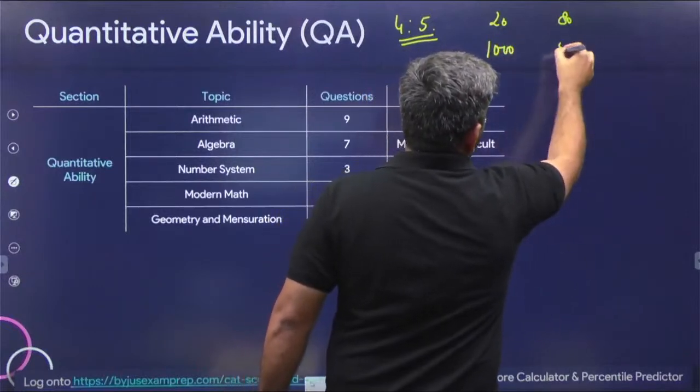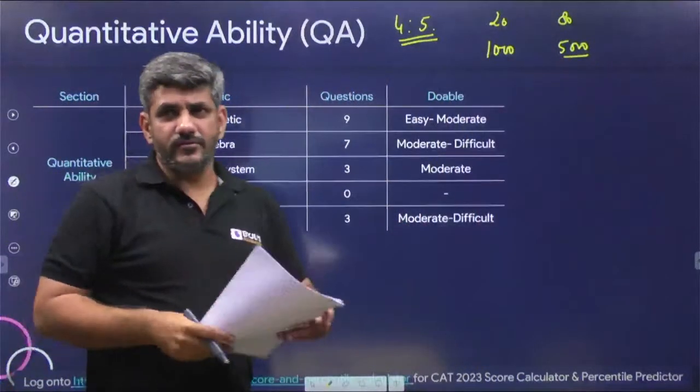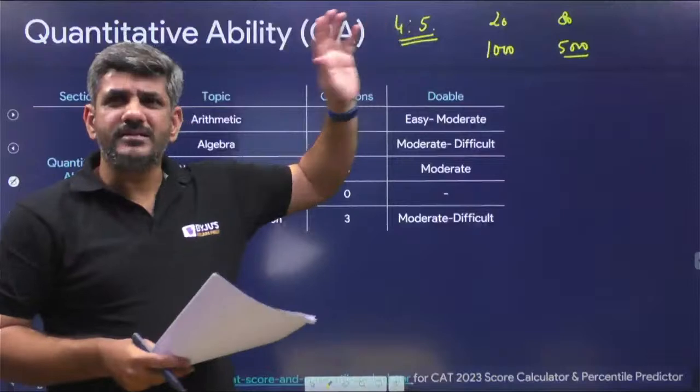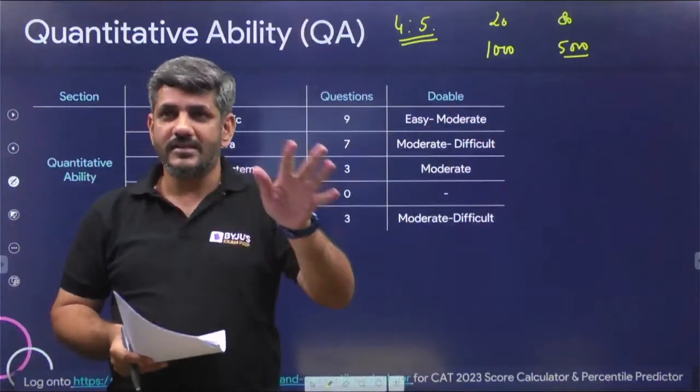So I took 1,000 here and 5,000 here, and when I got the ratio, it gave me 4:5. So vaguely I remember these numbers. Let's forget about LRDI for some time now. I see that some of you are still discussing it.